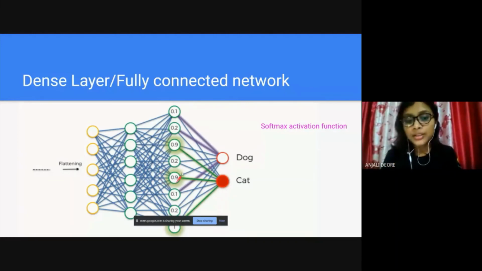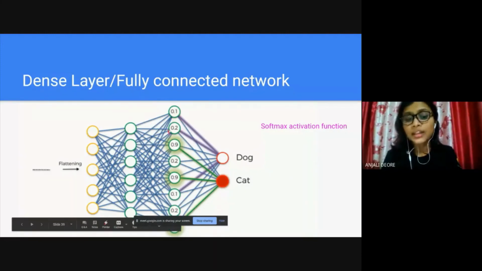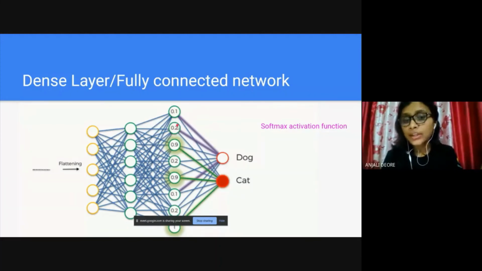Okay, so here you can see these are all values between 0 and 1, and they indicate the following. Consider this neuron. The value of 0.2 indicates that the feature this neuron is extracting is 0.2% confident enough that the feature belongs to the dog class.